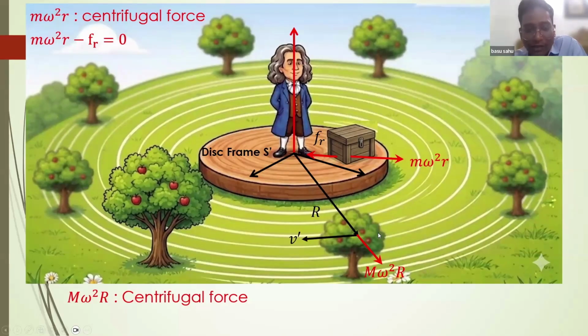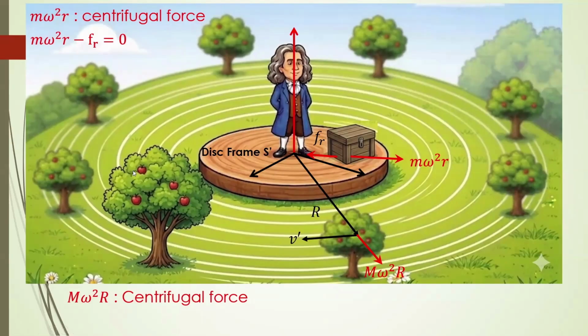It should be toward the center, because as I told earlier, with respect to frame S dash, everything is happening in reality. He cannot say I am assuming this is moving, not like that. I am not assuming. With respect to frame S dash, whatever is going on, that is going on. That means I have to apply a centripetal force in this direction, but I am not able to figure out which force is acting in this direction, whether it is friction force or something. I don't know really. Anybody knows about this force? What force is acting in this direction?